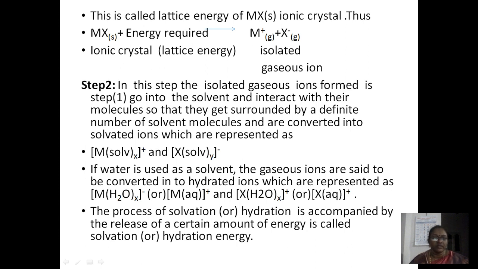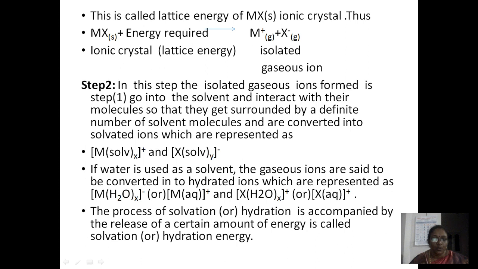So MX solid plus energy required will give M plus in gaseous state plus X minus in gaseous state. Here MX solid is the ionic crystal, the energy required is the lattice energy, and the ions formed are isolated gaseous ions. In step 2, the isolated gaseous ions derived from the above process